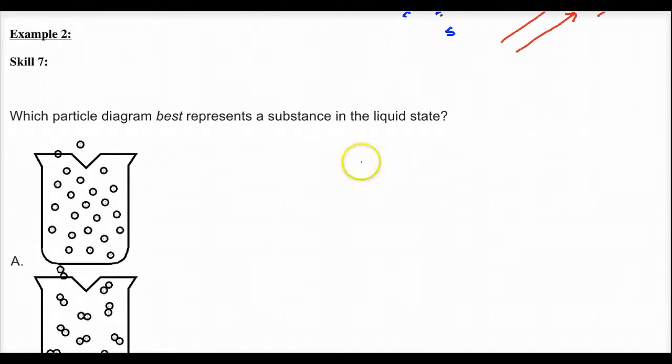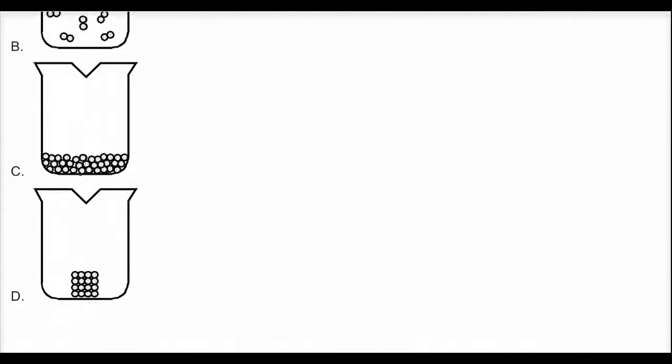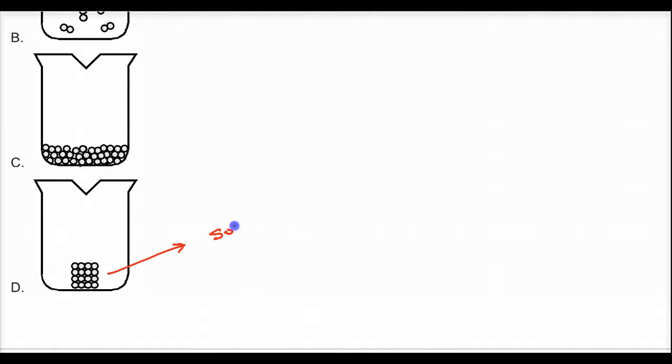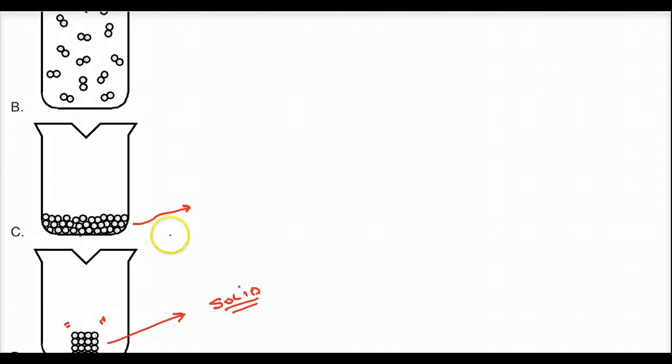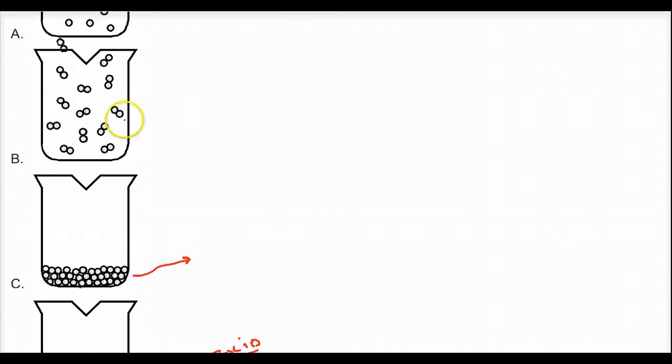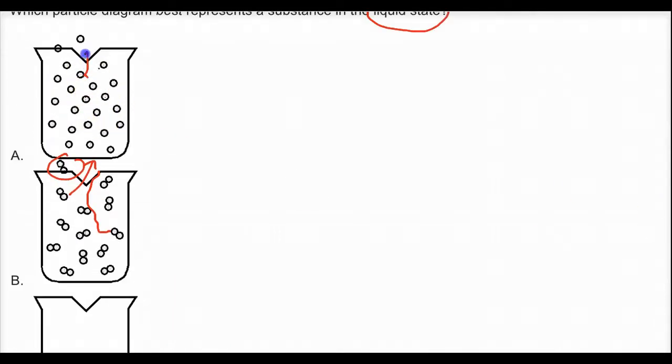Second example: which particle diagram best represents a liquid state? All right, well, if you look at your choices, here is a solid because it's got that regular repeating crystal lattice arrangement, and these things only vibrate in their fixed positions. Here you don't have a crystal arrangement because they have more motion, more energy. But they're still stuck to themselves. And here you've got things that are able to fly around out of the container. Gas is flying out of the container because they have the greatest amount of energy. Gas! Now this is a diatomic gas, this is monatomic. But the one in the middle